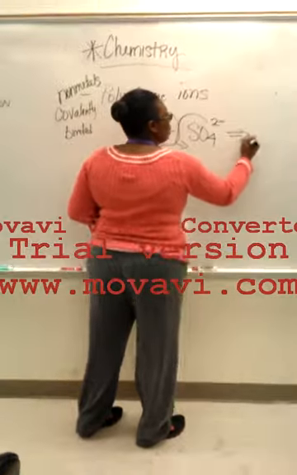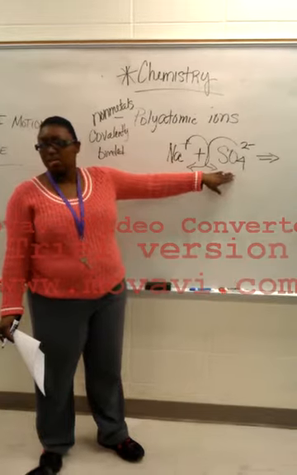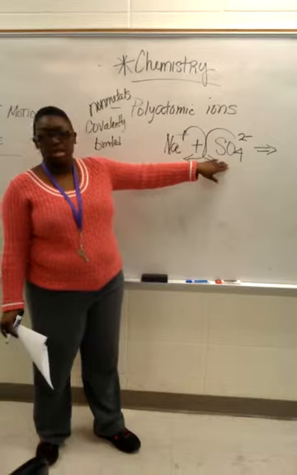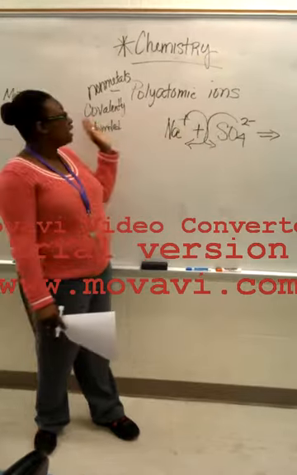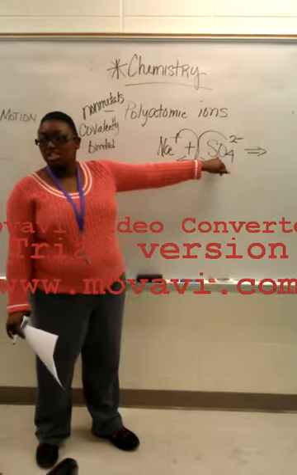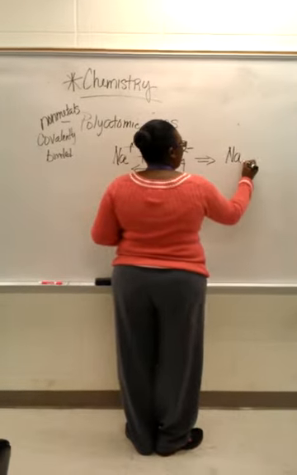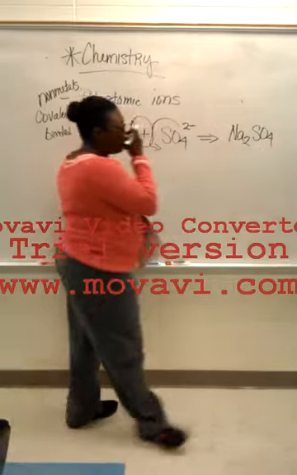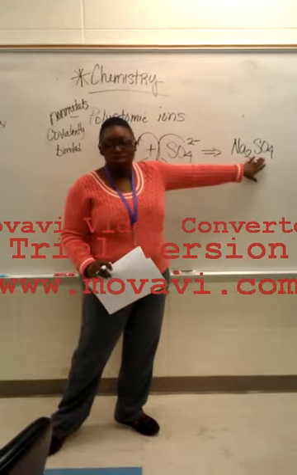Now, something special about polyatomics. When you have more than one polyatomic ion being represented, you're going to place that polyatomic ion in parentheses, all right? Remember, don't break them up. They are a family. They're covalently bonded together, so you can't put your numbers in between these two elements here. So the correct way to write it is going to be Na2SO4, okay? Now, you only have 1 here, so therefore that's the only reason you have SO4 here without it